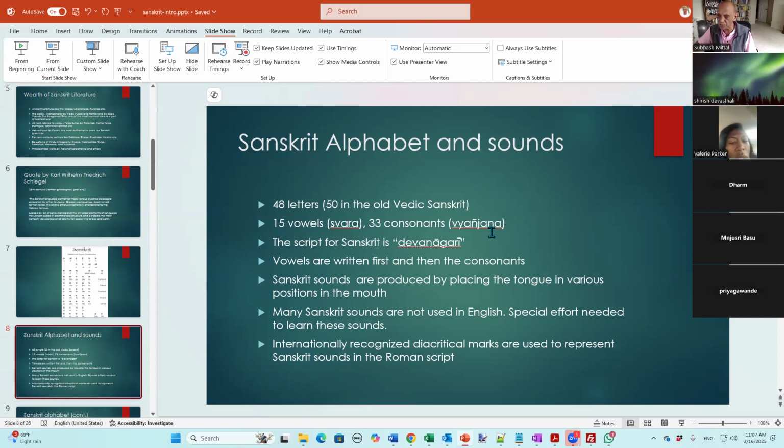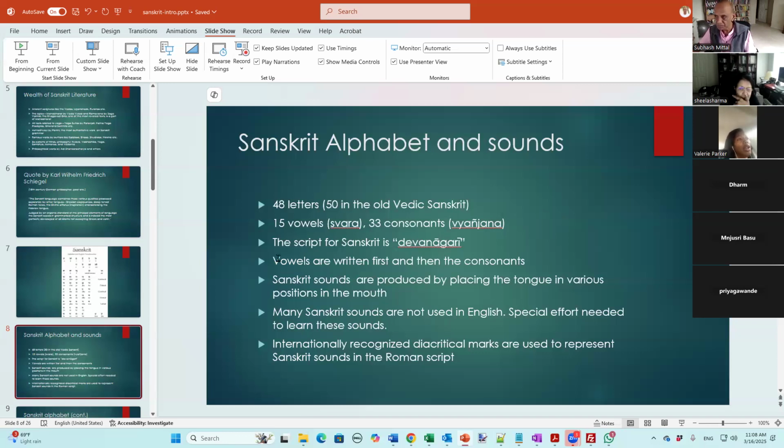And if you have doubts as to what I'm saying, please unmute yourself and ask the question. If you're not getting the sound or you're not getting the pronunciation right, please make sure you unmute yourself and then ask the question. Don't send me a text message. I like audible questions, okay? So swara, vyanjana. Yes, beautiful. You got it right.